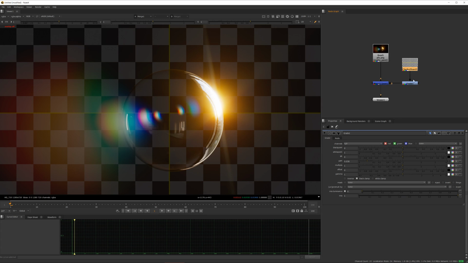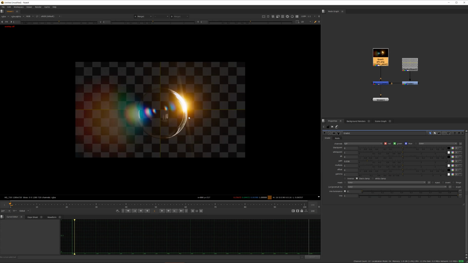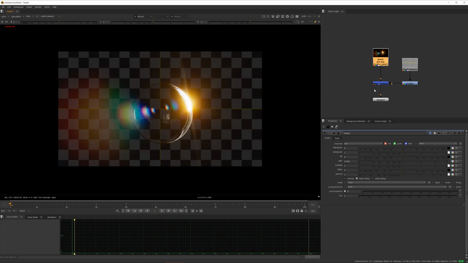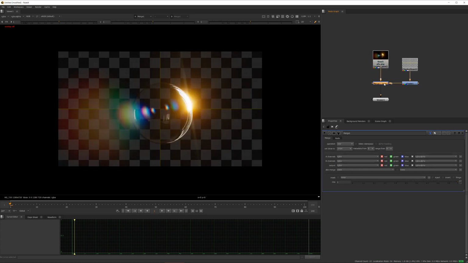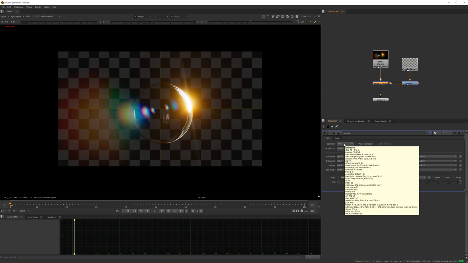Are there ways to distort this? Yes, there are. We're not going to discuss this here. As I said, there are ways to fake this, right? But you can see here that this works straight out of the box. You don't have to do anything. Now, one little thing inside Nuke that's really helpful. You can see here, if I hover, you have a list of operations and the math for that. And if you're looking at the over part, you see it's somewhere down here, right? You're going to notice that over is basically A plus B multiplied by the inverse of the alpha,